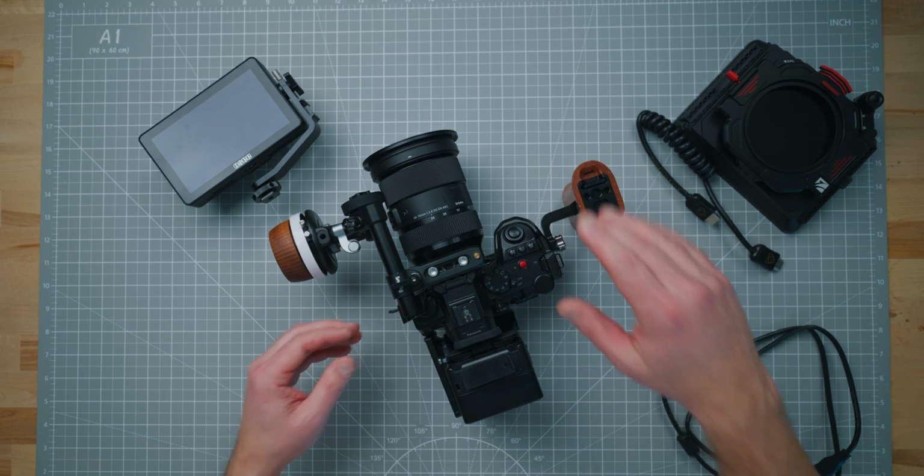Rather than being right here when you're holding the camera, you can be kind of off to the side like this when you're holding the camera. Okay, so we got the wooden side handle, we've got the battery mount,